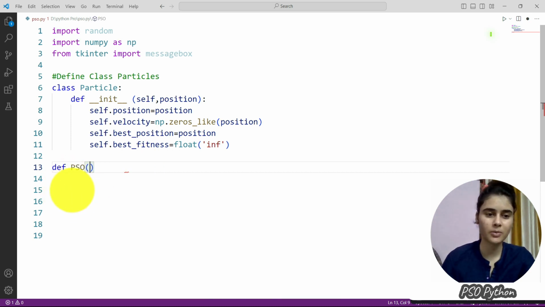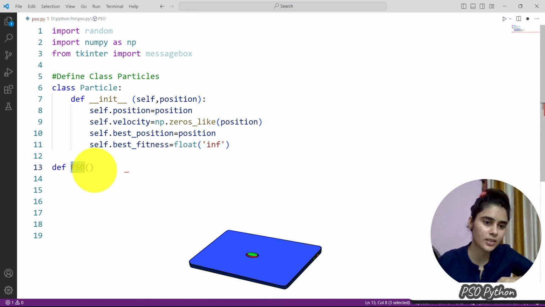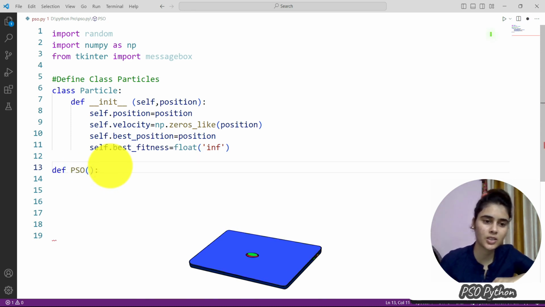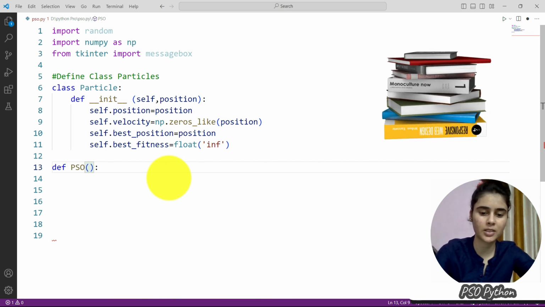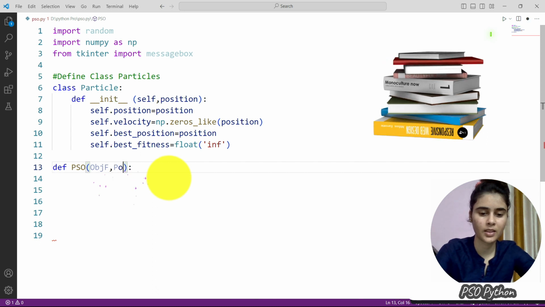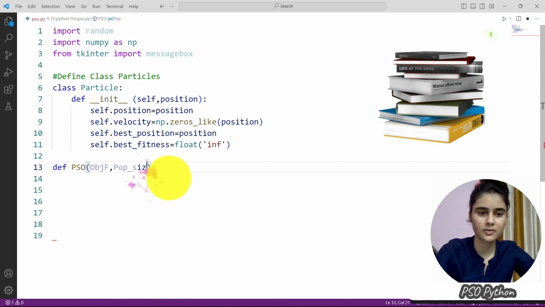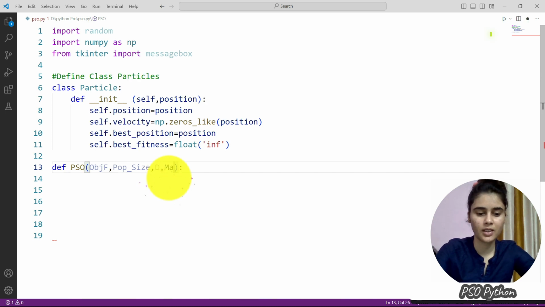So we are using this main function to calculate the global best position and fitness value. For this we have different input parameters like objective function, population size, dimension, and maximum number of iterations.